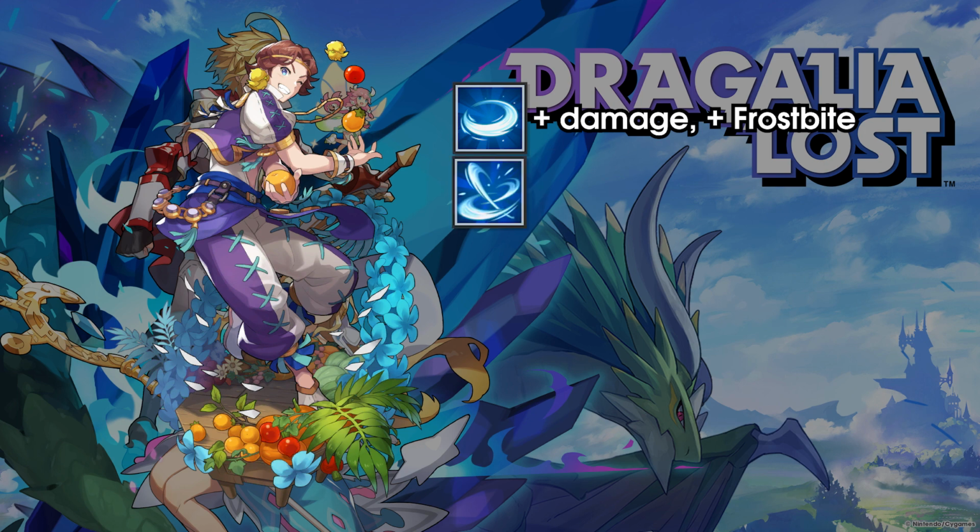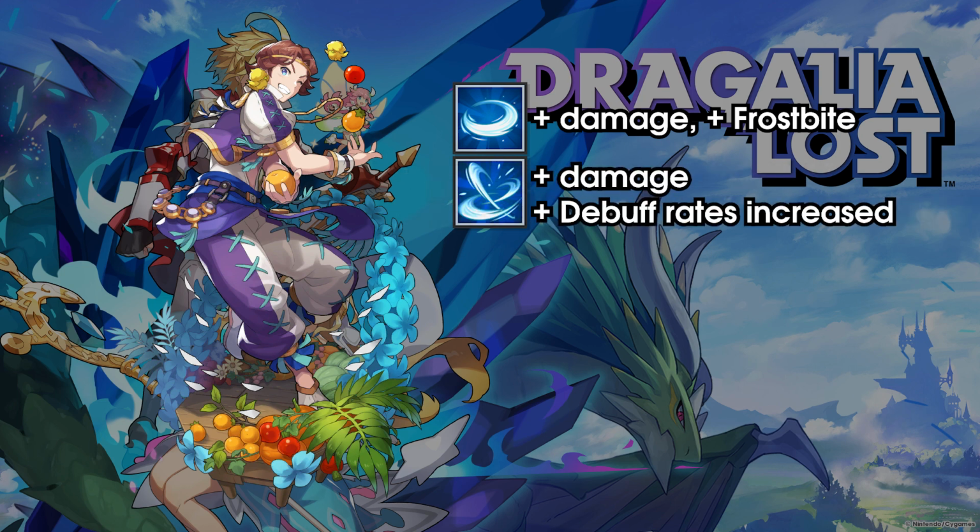Luther's second skill, Terpsichore, used to deal 4 hits of 144% damage with a 90% chance of inflicting a 5% strength debuff for 10 seconds, and a 30% chance of inflicting a 5% defense debuff for 10 seconds. Now it deals 4 hits of 206% damage, and also has a 100% and 50% chance of inflicting strength and